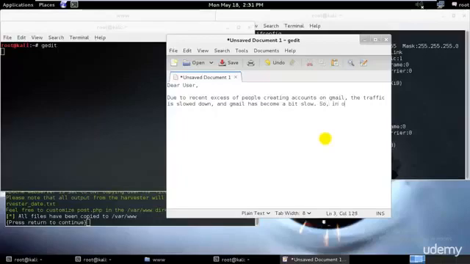So in order to restore the original, make sure you don't make any spelling mistakes, because the person who's reading it may be able to identify that this is just a phishing scam. So in order to restore the original speed,